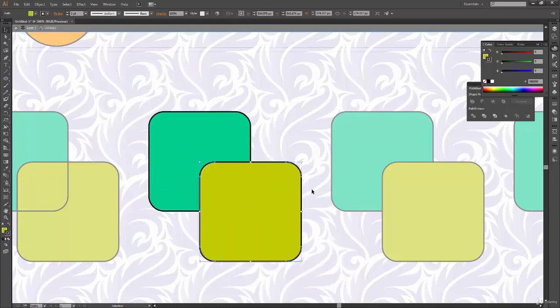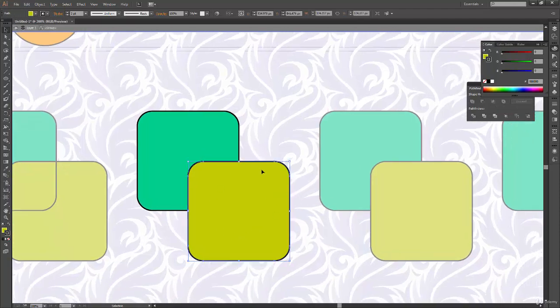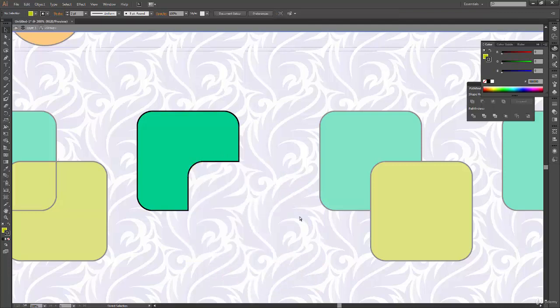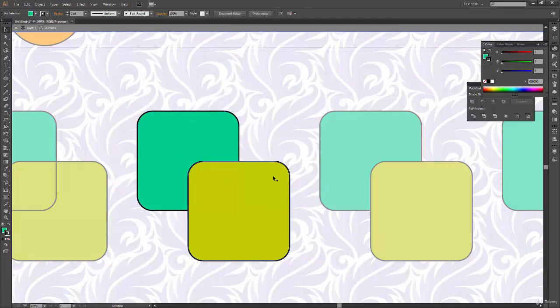This is like a kind of minus front operation which we learned here in shape mode, except our shape which was on the front, or this yellow rectangle, is still with us, because in minus front it deletes the shape in the front. So here it has removed the part which was colliding with my front shape from the back shape, but it has saved my shape which was on the front.